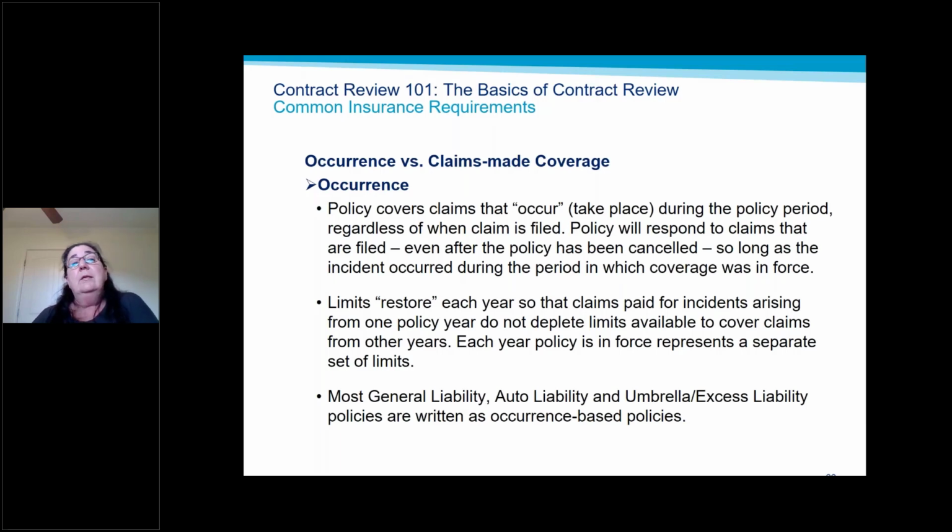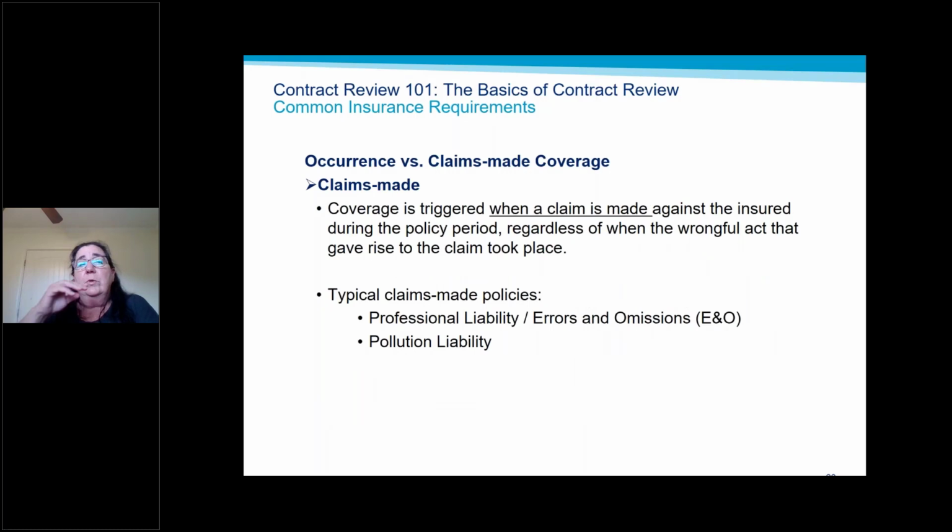So quickly, there's two types of coverages: occurrence, which is the more normal, and claims made policies. Your claims made policies are generally going to be your professional liability policies and your pollution liability policies. Most of the rest, commercial general, auto, umbrella, excess, are written most commonly on an occurrence basis. You will find when they're not, and it's something you would need to know, because the difference is what triggers